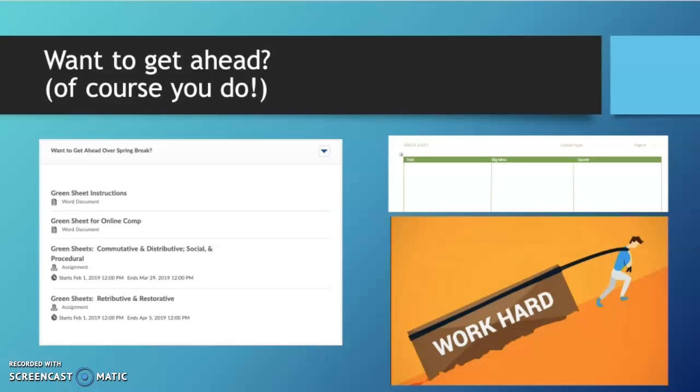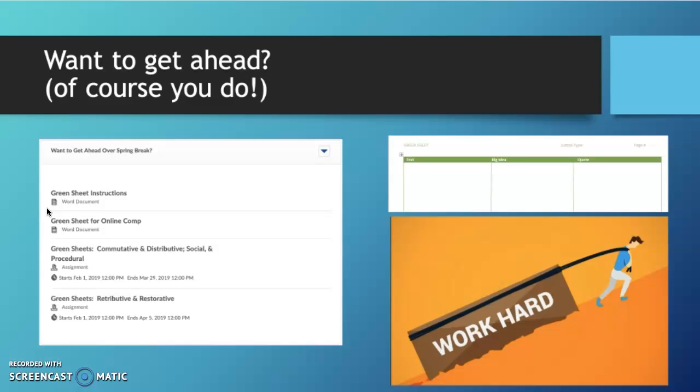We will be having some busy weeks ahead. This is week 8. Week 10 especially. Week 10 will be a heavy workload. So I am opening up some things that will be due week 10 for you to be working ahead a little bit if you have some time. So if you would like to work ahead, you can read the green sheet instructions. And we're going to be working with green sheets this week, so it will be familiar.